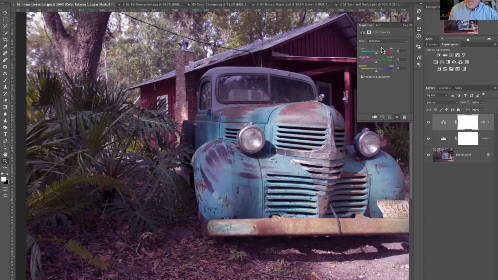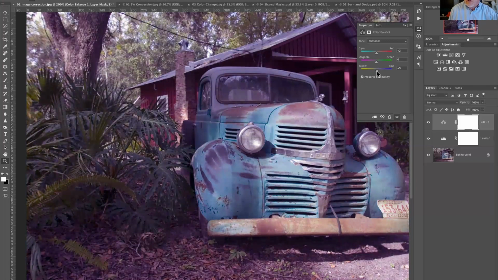So here's what you do. You just start with the top slider. Drag it a little bit to the left. Does it look better or worse? I think it looks better. Drag it a little bit to the right. Okay, that's worse. Then put it back to the middle at 0, or as close as I can get it. Go to the next one. All right, that looks worse. Okay, that looks better. Now I'll put that one back to 0. And finally, the bottom one,